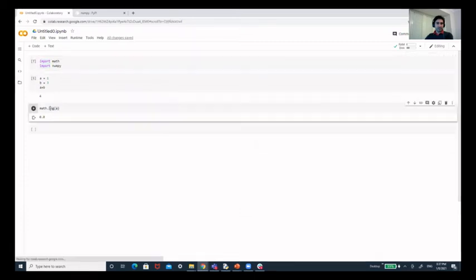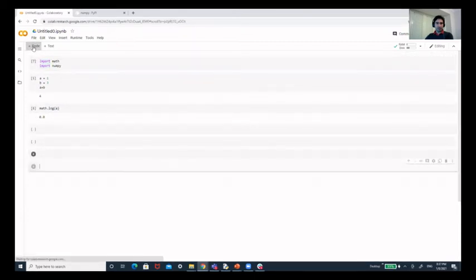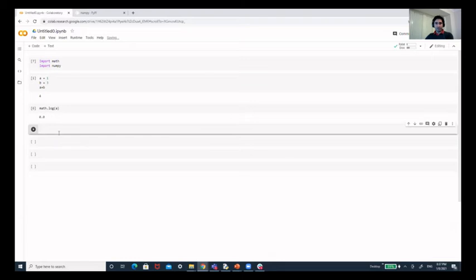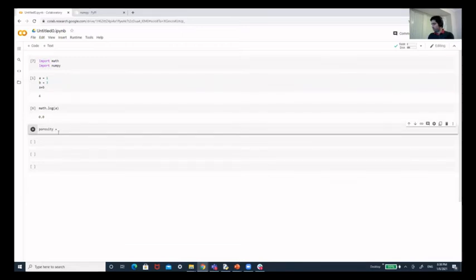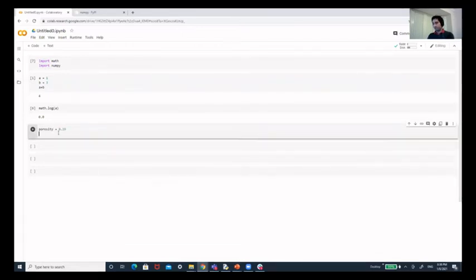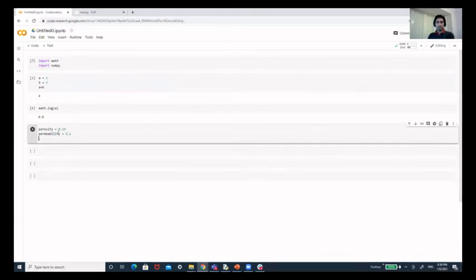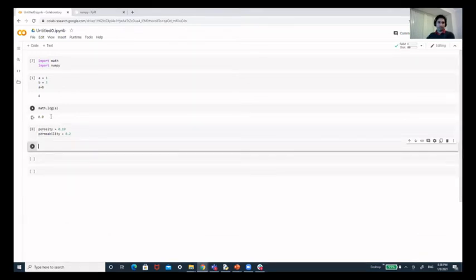As you can see, I can add quite a few lines here, and as I progress in the code, I can set up all my variables. Let's say I want to set variables like porosity equal to a value, permeability equal to another value, and so on. So I can set up all my variables in this box.